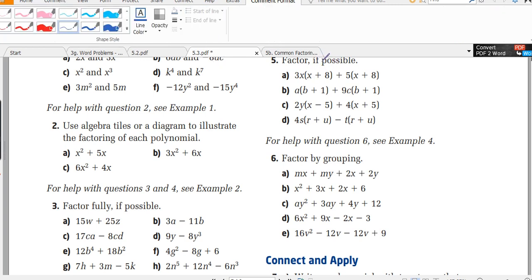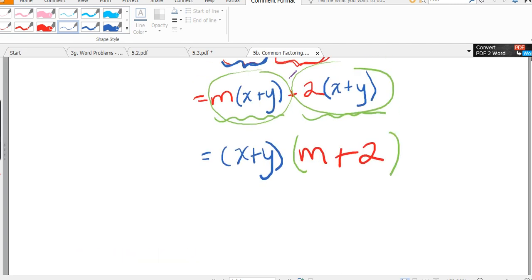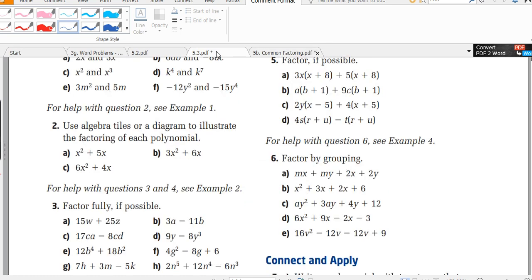So remember, looking back at our sheet, remember the blue x plus y's? Well, these questions just made your life a little bit easy. Because you look at this, x plus 8, and there's an x plus 8 in both, right? Which means that